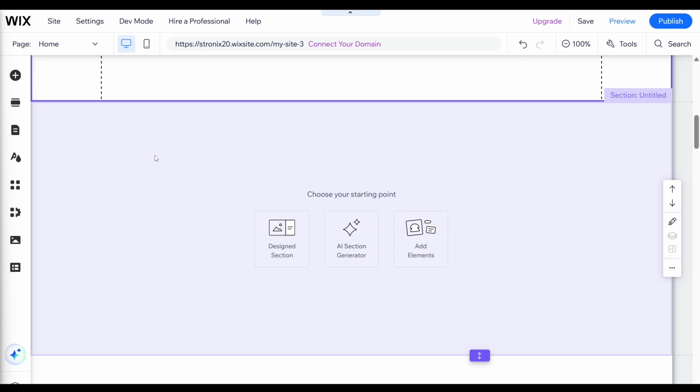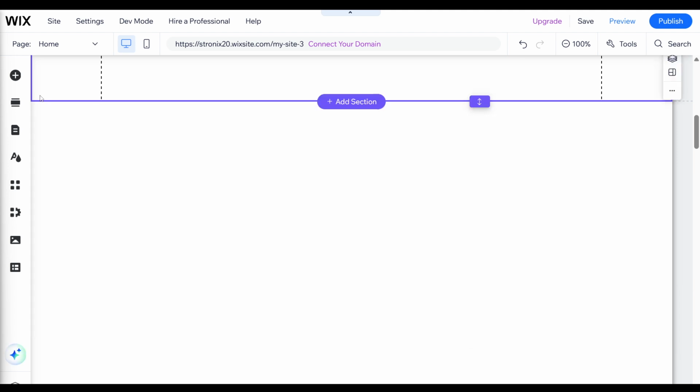Let's get started by heading to your Wix Studio dashboard. Once you're there, choose the site you want to work on from your list. This is usually done by clicking on your site name or the appropriate tile in your dashboard that represents your current project. It's important to make sure you're on the right site so that all these adjustments are made exactly